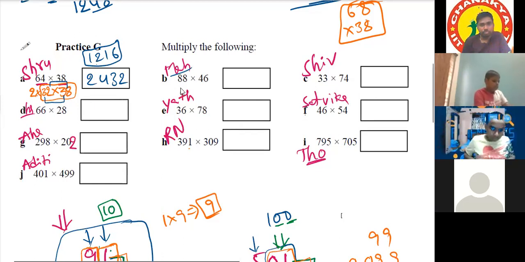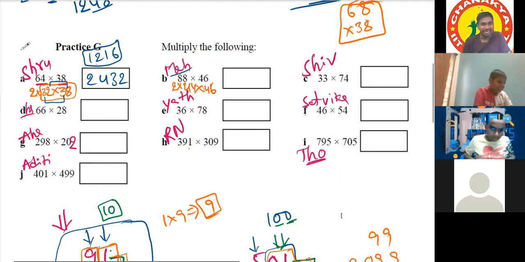Sir, so it is 88 multiplied by 46. Sir, so we can write it as 44 multiplied by 46, which will be multiplied by 2. Wait. We have to make this 88 like 2 into 44 first. Yes, sir. 2 into 44. You multiplied by 2, not 40. Explain how you got that 44. Sir, that only I was telling.